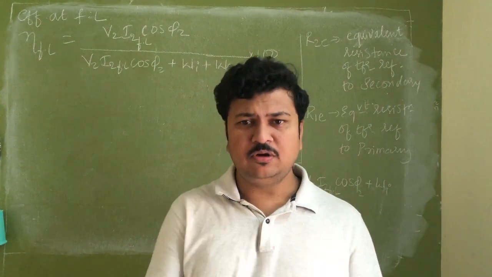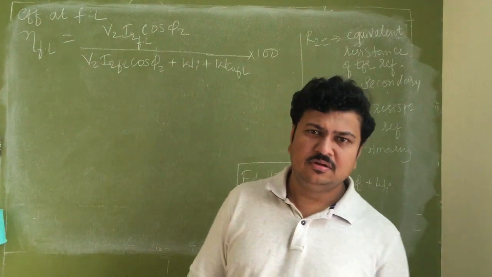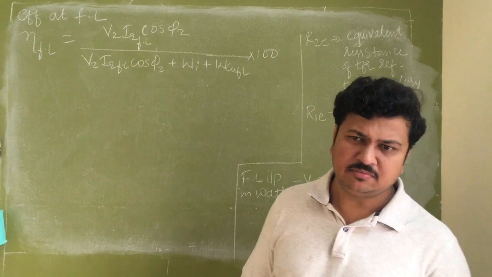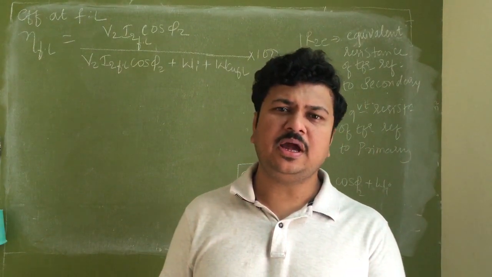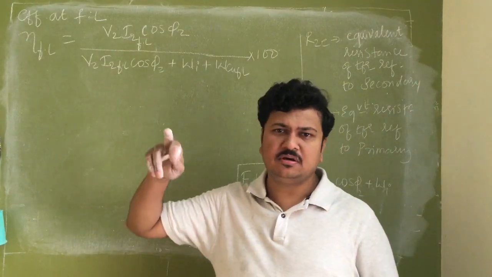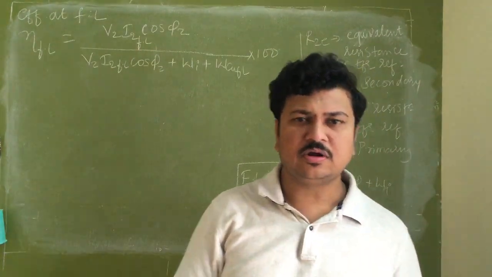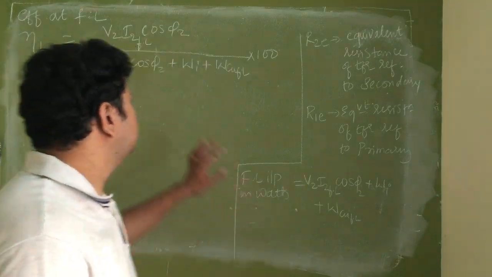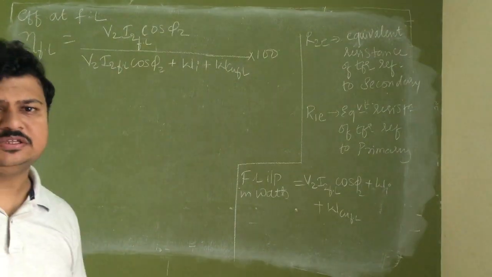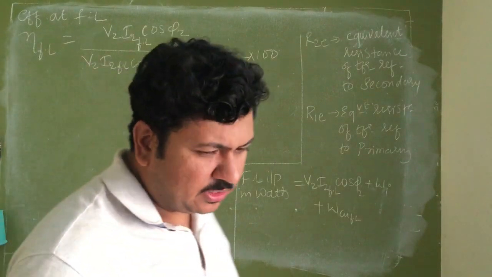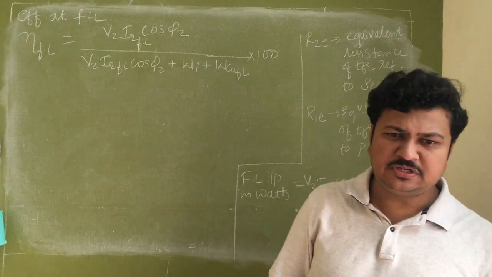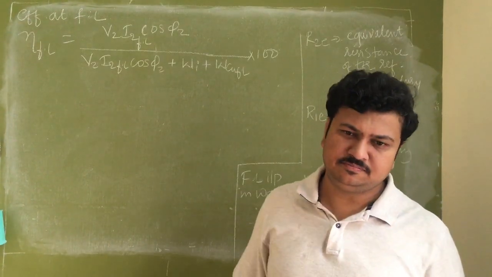So even if all the loads are running in my premises, the transformer is not at full load, because the full load is 300 kVA and the transformer is operating at 200 kVA. So generally the transformer always operates at underload condition. So this expression will give me the efficiency only at full load condition. Now I should be considering some factor which will give me the efficiency at any load condition.